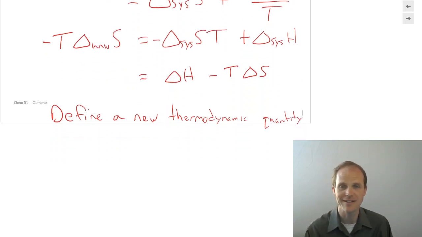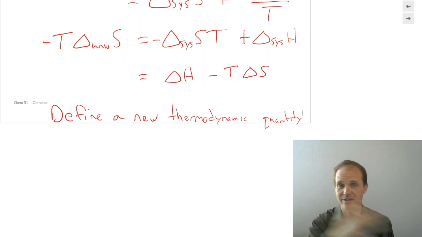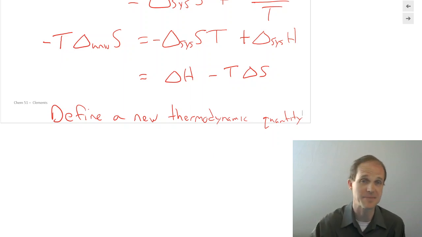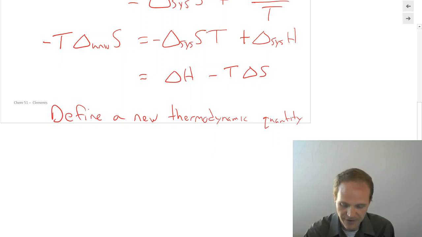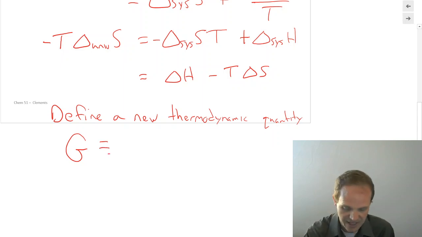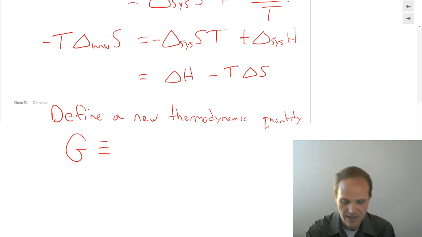Now, why are we going to define this one? Not because it's obvious and, oh, duh, of course we're going to define this thing, but because a lot of really smart people worked on this for many years of their life and figured out that this is actually a really useful definition that gives us a tool for predicting spontaneity. Okay? And we're going to define this thing called G, and it's going to be defined as, if you remember from math, you might have learned once that three bars is the definition. It's going to be defined as H minus